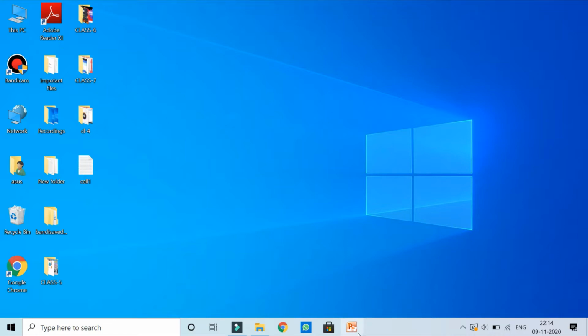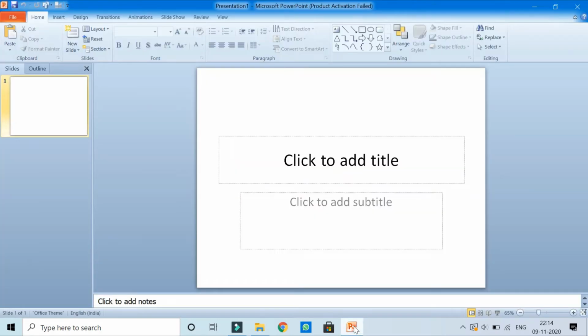And you can see, children, here I have pinned this icon of PowerPoint on my taskbar. So I just click on it, and as soon as I click on it, I will get this application on my screen. Whenever you open a PowerPoint presentation, by default the name Presentation 1 appears on the title bar, and when you save your presentation, it takes that name. Now children, this is a slide.